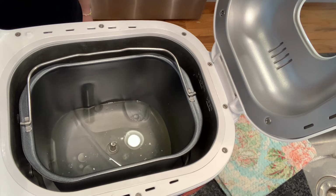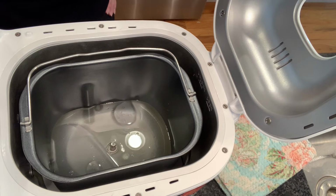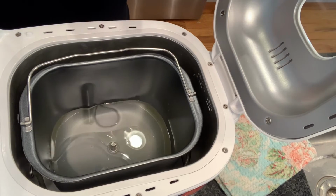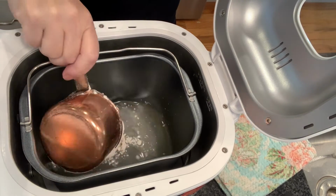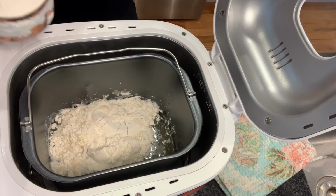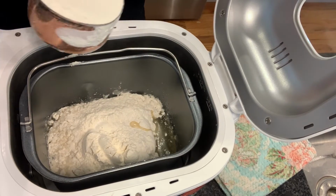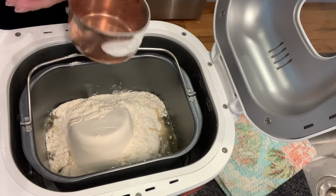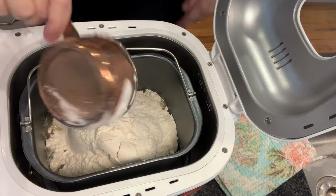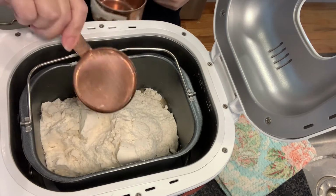Next ingredient is going to be the flour. For a 2-pound loaf, we need 4 1/2 cups of bread flour. Okay, let's get our first cup in. We need 4 1/2. Second cup. Third cup. Our 4th cup and 1/2. Alrighty, so we have 4 1/2 cups